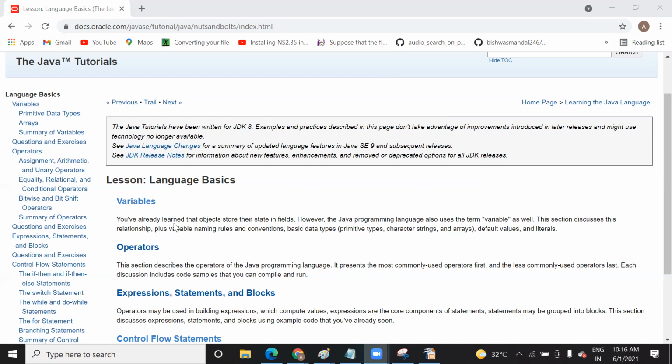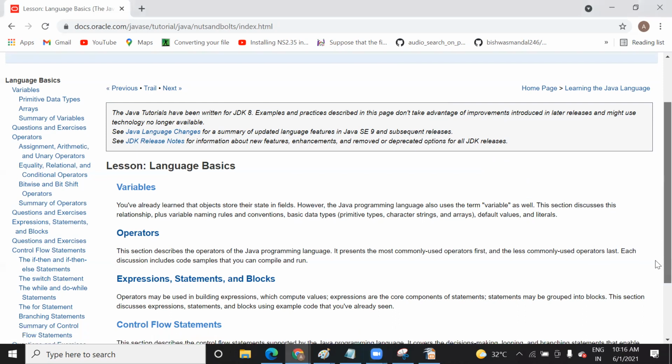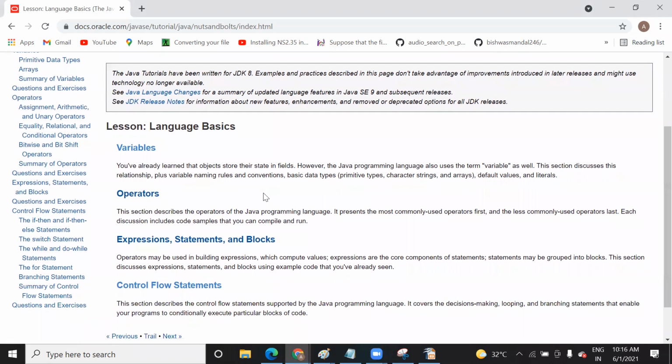As you can see, objects store the state in fields. It is the same thing: inside the object you have a variable and its value. And there are basic data types, that is character, string, integer, float, double. You might be aware of them from the C language. You know all the data types.